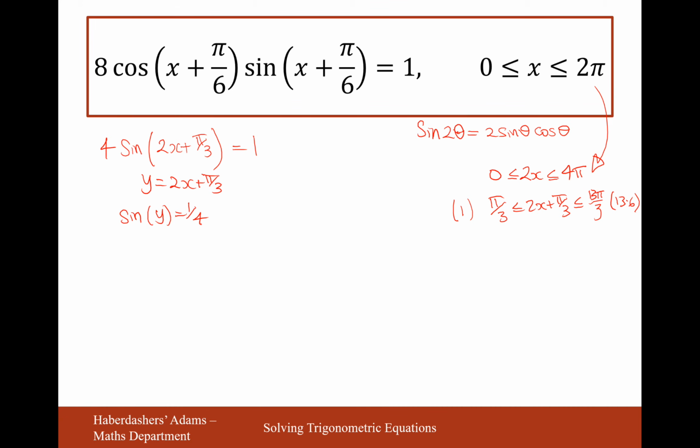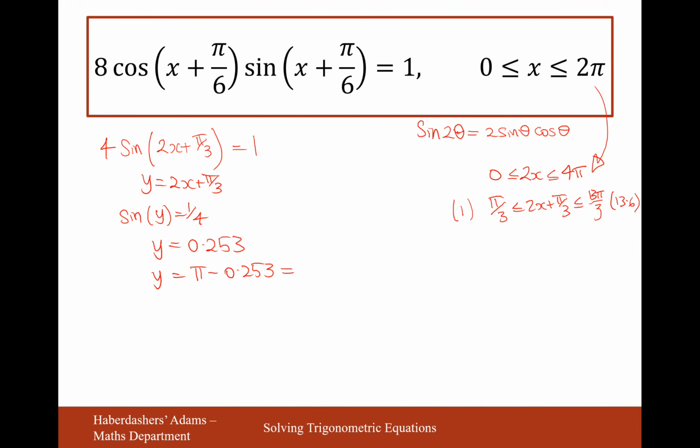So grab the calculator, make sure it's in radians mode, and sine inverse 0.25 or 1/4, which will make it 0.253. 0.253 is outside of the range from about 1 to 13.6, so that's not going to be a final answer. So I'll work out what some final answers are. The next answer for y will be pi minus 0.253,